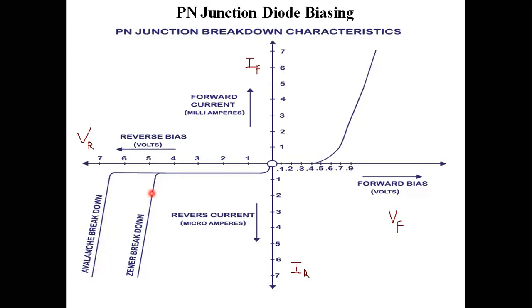These two current flows are in the microamperes range, whereas in the forward bias direction, I am going to obtain the current in the milliamperes range, and in the reverse bias direction, in the microamperes range. This is the basic idea. In the forward bias direction, current range is milli, whereas in reverse bias direction, current range is microamps. This is about this one.